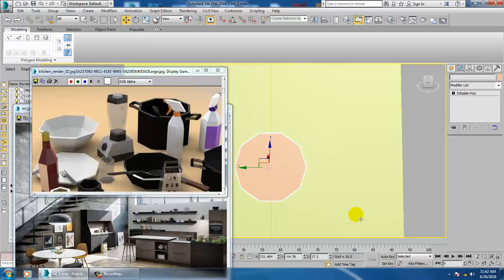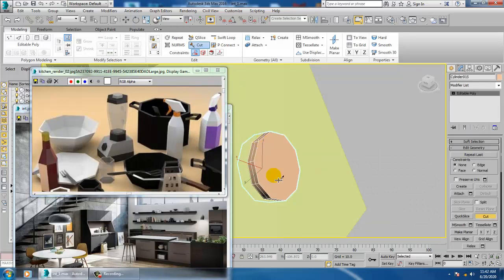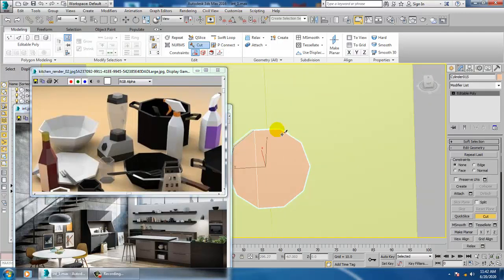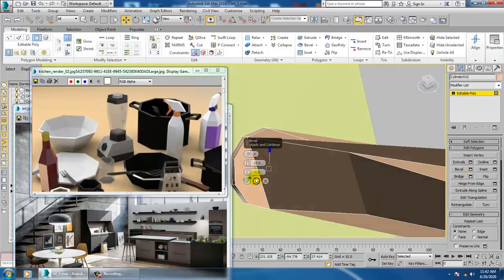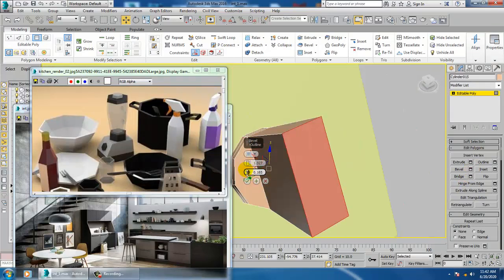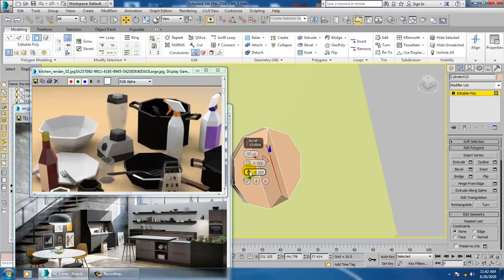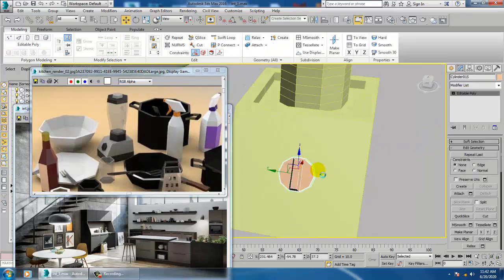Convert to editable poly. Right click and use a cut over here. Select this polygon and use a bit of bevel. And click OK. Save your file again over here.